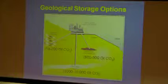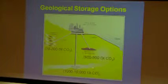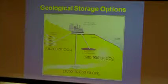Some of the estimates in terms of capacity, so how much could we actually put into these different parts of the underground, are relatively big numbers, okay, with the largest numbers being in deep saline aquifers. Now remember, this is some thousands of gigatons of CO2. That should be CO2, sorry, not just CO. The current emission rate in gigatons was about 30 gigatons per year. All right, so if you think about 3,000 gigatons capacity,